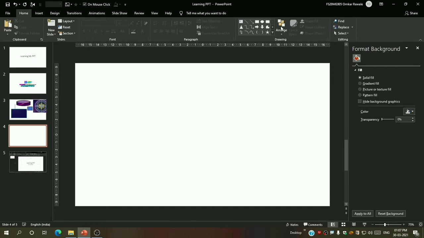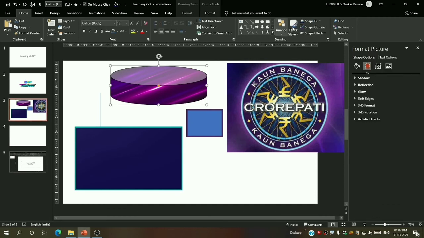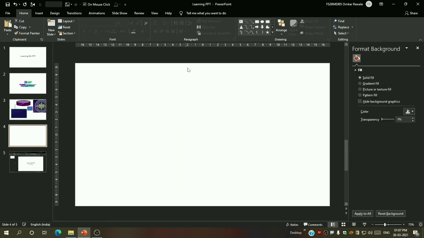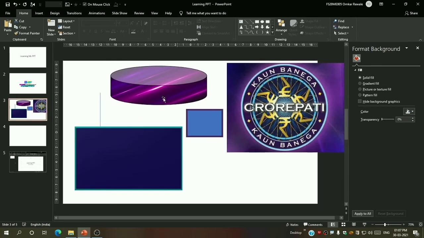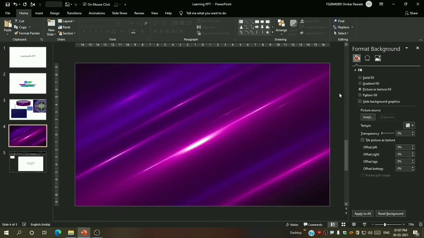Now we will see how to format shapes in the next lecture. For today we have learned how to give shape fill, shape outline and shape effects to shapes. Then we learned how to change the background color, how to insert a picture, same like the shape fill only. Then we also learned many things about the gradient fill, and how to insert a picture. Okay, now we will move towards the assignment.